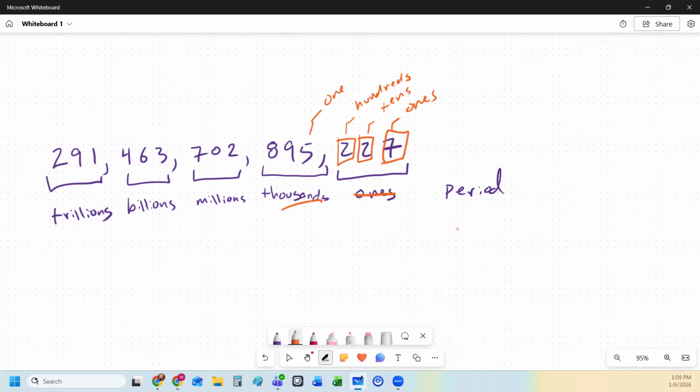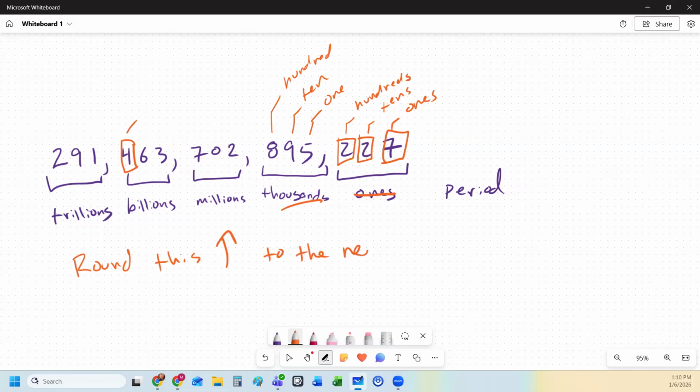Once we move over, we start indicating the period. This 9 is in the 10,000s place, and this 8 is in the 100,000s place, and then so on and so on. So this 4 would be in the 100 billions place, right? So when they ask you to round to some specific place, you need to know exactly where that is. And if I want to round this number that I've written up here, to the nearest, let's say